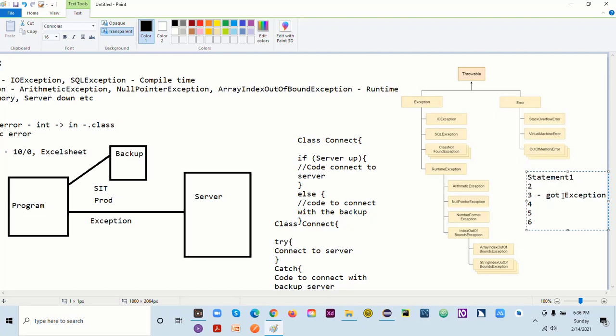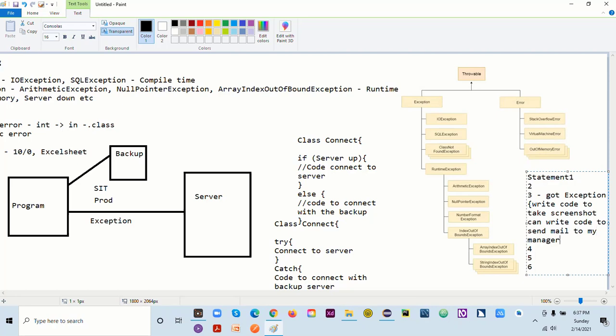What I can do here is, as soon as I get an issue, I can take a screenshot of that. I can write code to take a screenshot, or write code to send a mail to my manager or to colleagues.